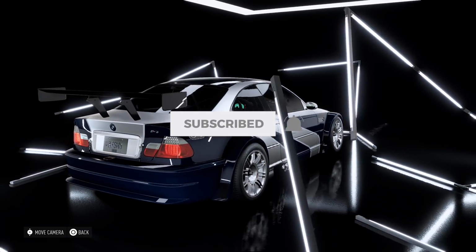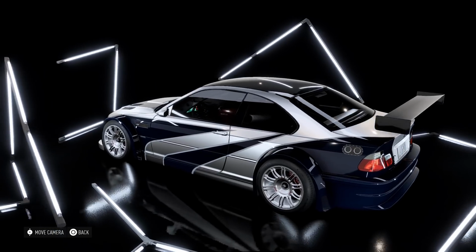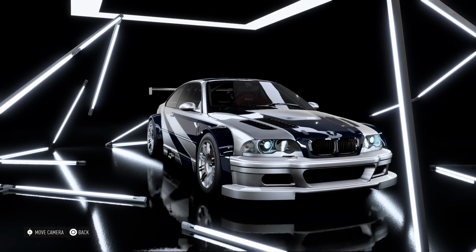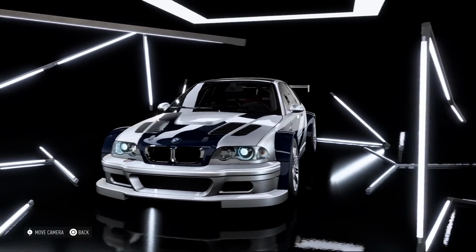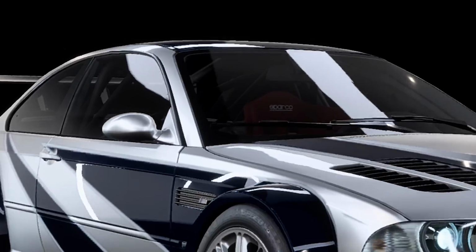I'm going to be showing you a lot about this M3 in this video, but I'm going to be showing you a lot about Need for Speed in general over the next few days and weeks and months, and hopefully years. Anyway, so yes, this is the M3 GTR. This is a proper V8 powered M3 GTR. We finally have it. They finally built it from scratch, and it looks absolutely beautiful in every little detail. The interior view looks incredible. But anyway,